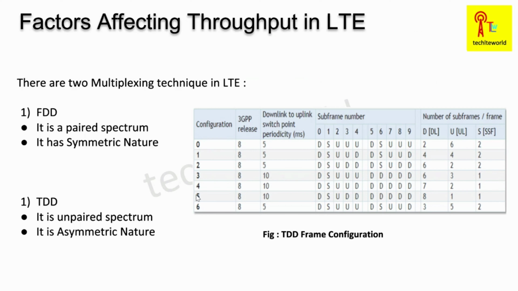The other factor which affects the throughput in LTE is the multiplexing technique. As we know, in LTE there are two types of multiplexing technique, right? One is FDD, the other is TDD. FDD is also known as the paired spectrum. So why is it called a paired spectrum? Because, as we know, if we consider the 20 megahertz bandwidth,